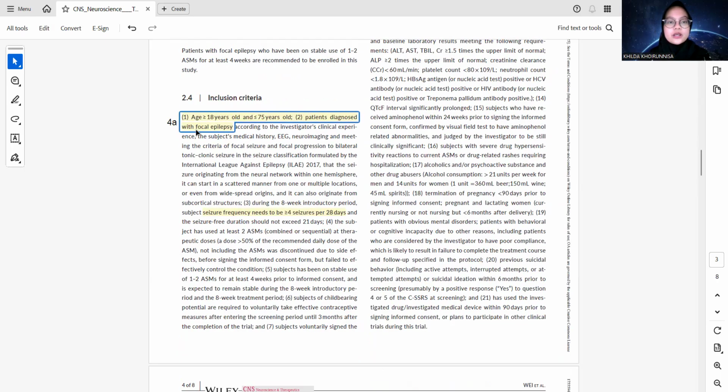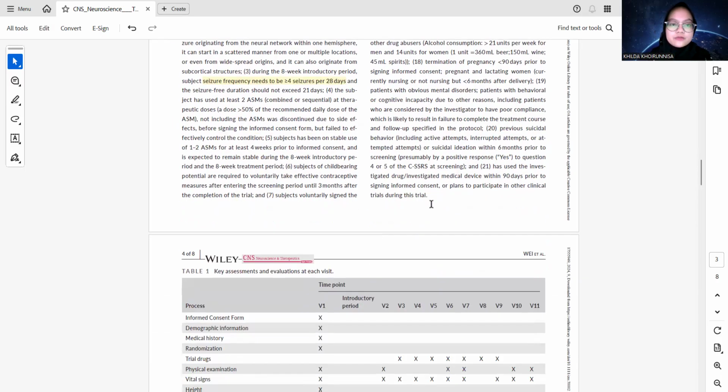Next are items 4A and 4B, concerning participants. For 4A, the article must state eligibility criteria. They write the inclusion criteria as patients aged 18 to 75 with focal epilepsy.